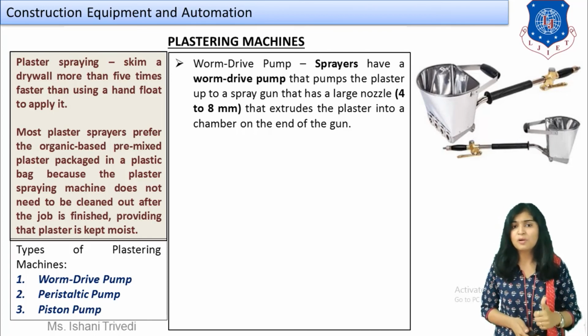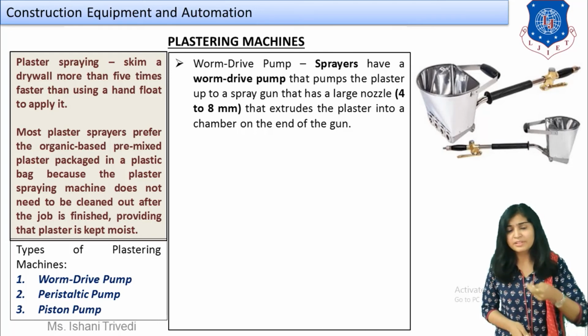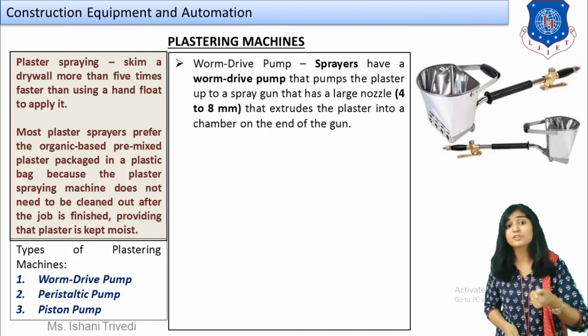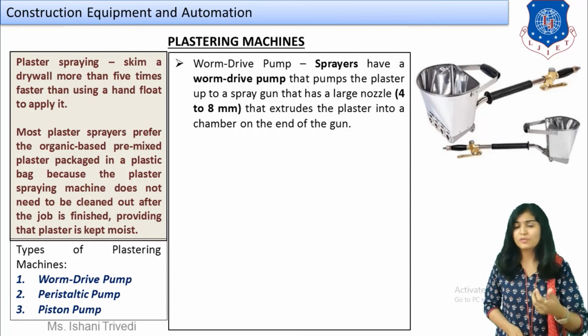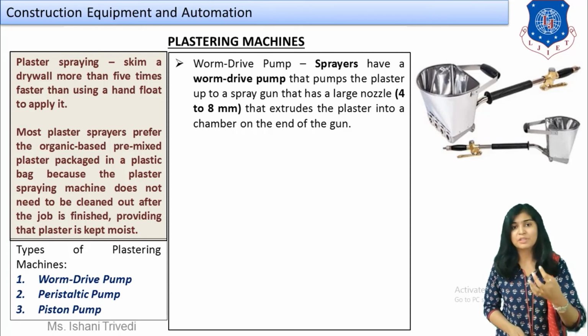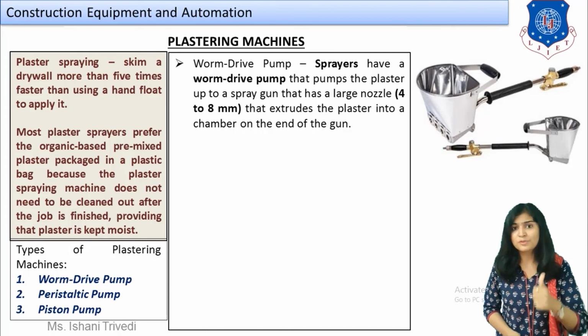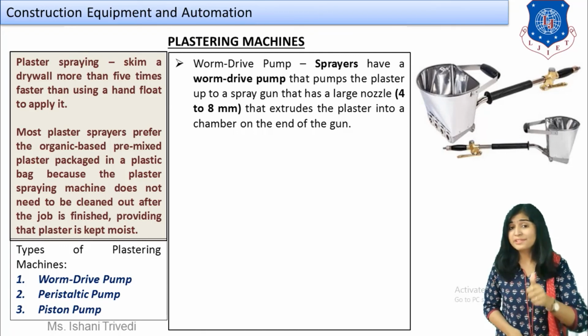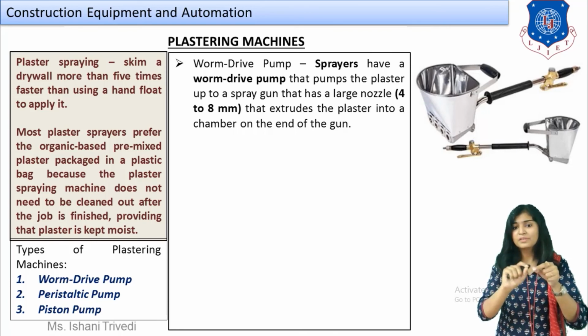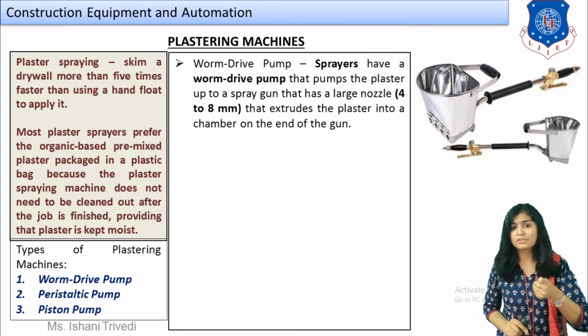The first is the worm dry pump. Ultimately these are all pumps. With the help of pumping only you are going to spray something on the wall. You also have paint sprays; paints can also be sprayed with the help of this. What differs over here is the types of pumps. The first is the worm dry pump. It is a name. The image is flashing in front of you. This is your example of a worm dry pump. You have the small hopper where the material is fed, and you have the pipe with the help of which it will be pumped onto the surface.